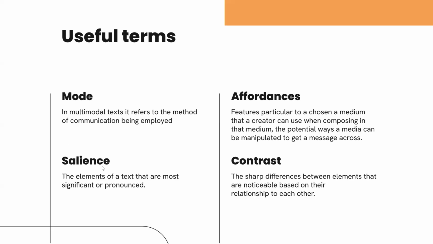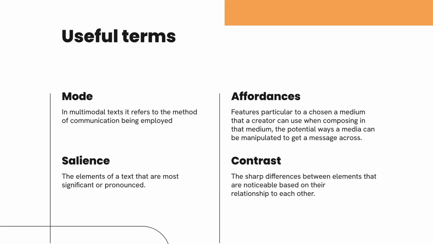So then we have salience. Salience, if you don't know the word salience, could be prominence as well. So salience refers to the elements of a text. Remember that by text we mean whatever type of text, can be visual, audio, linguistic, anything that can be read, anything that can be interpreted. Salience are the elements of a text that are most significant, that are more pronounced, that are at the moment being most emphasized. So for example,